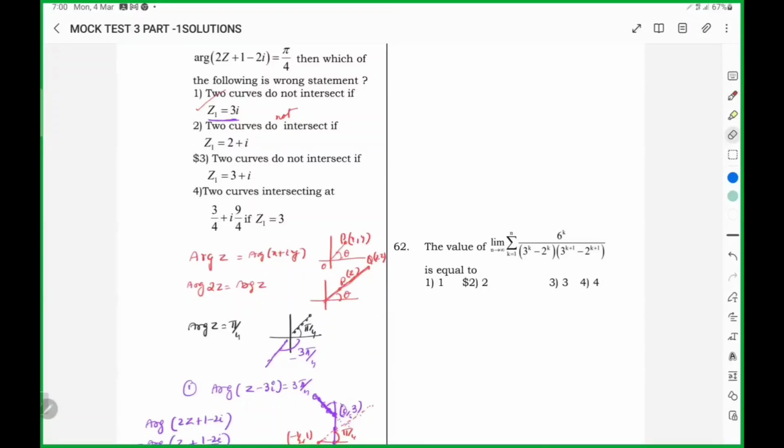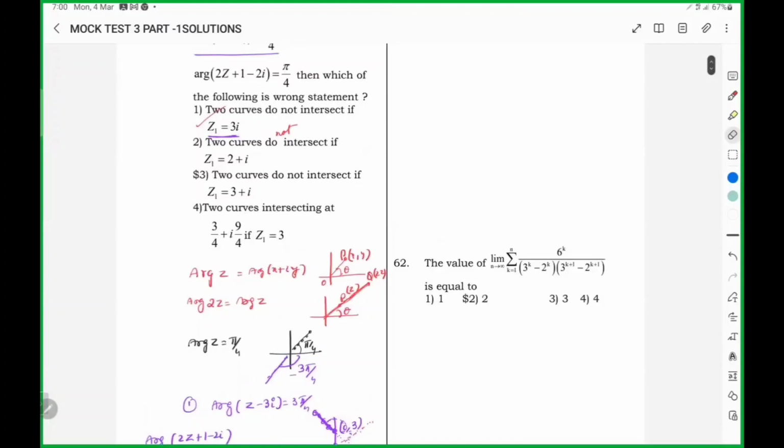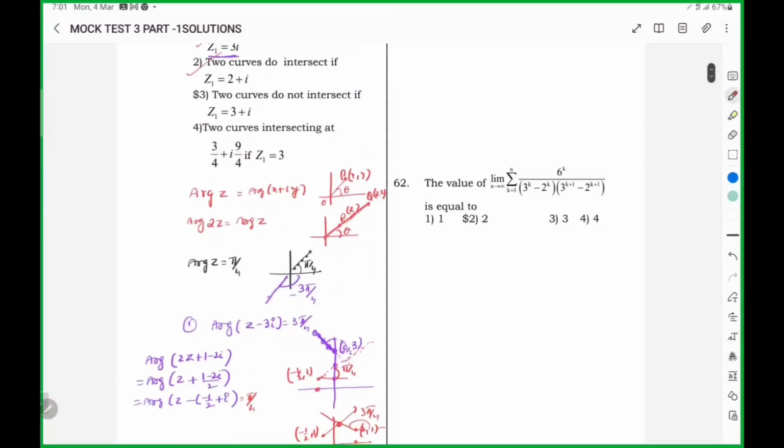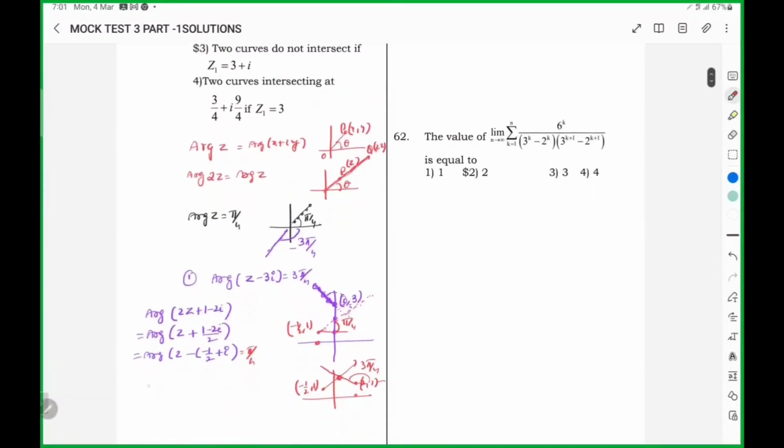Do not intersect means a wrong answer. The first one is a correct statement. The second one, do intersect. Sorry, that is also a correct statement. Third one, two curves do not intersect, regarding the third option, if you take